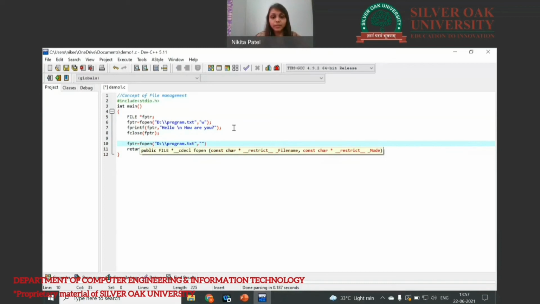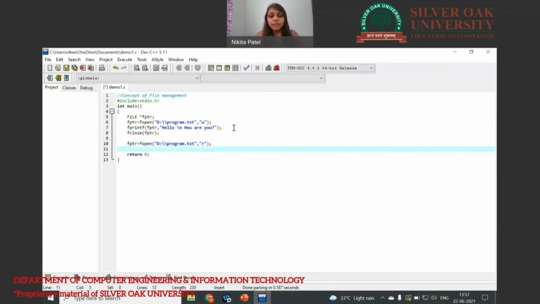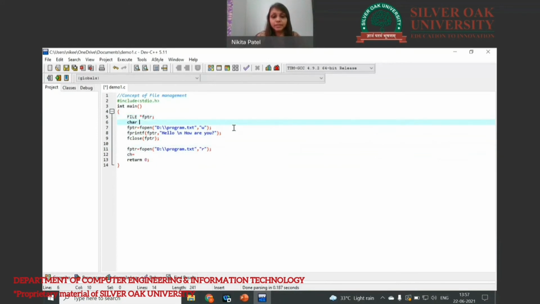So here you are required to mention read mode. Take one character ch, and also declare here character ch. This will fetch characters one by one from the file.